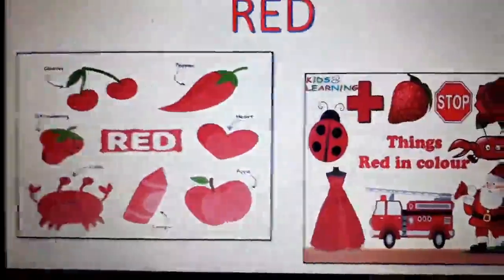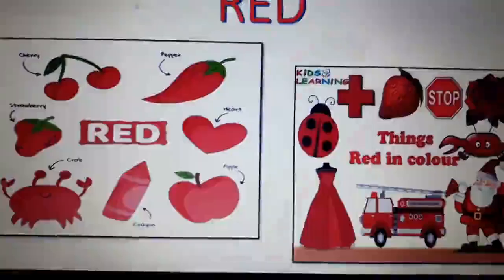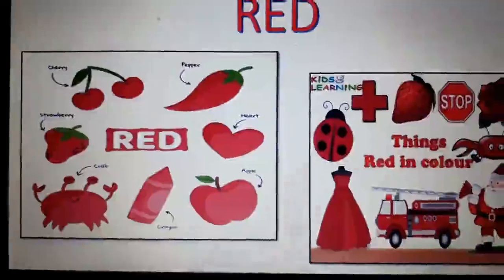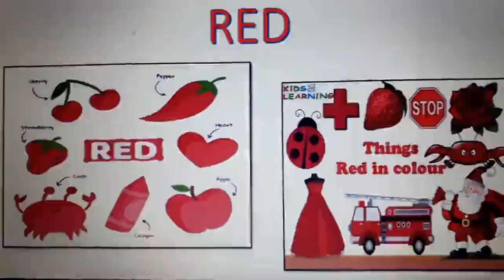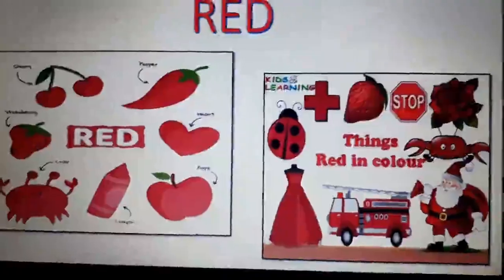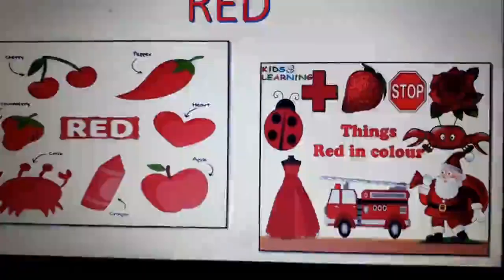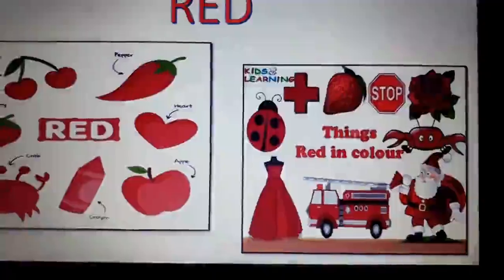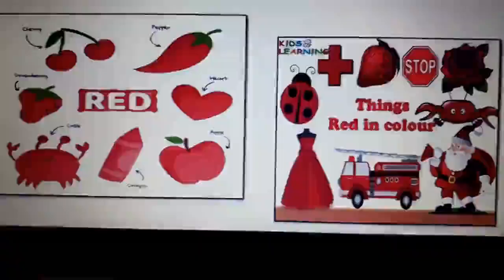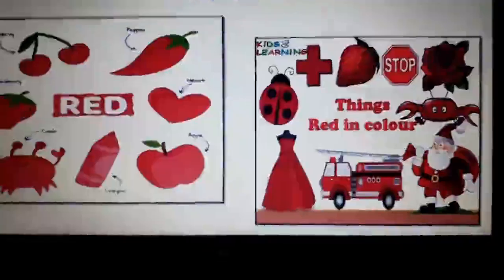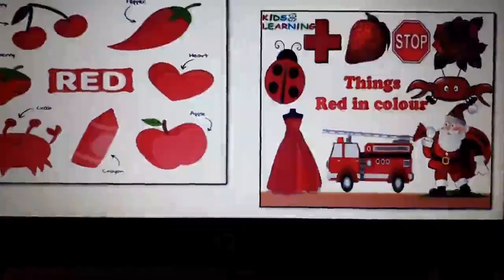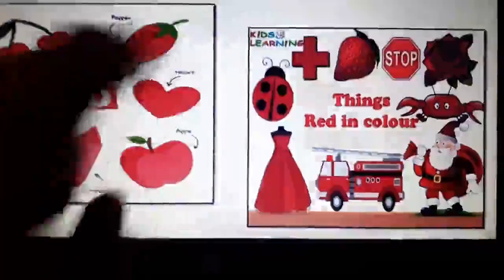We have heart, sweetheart. So sweetheart is always red in color. Then we have pepper. Pepper is red color की जो चिली होती है. Then ladybug is red in color. Then we have ambulance. Can you see this ambulance? Where we use it, this ambulance is actually a vehicle which is full of water. और जब कभी भी कहीं पे फायर हो जाती है and we need to put it off, we use this ambulance.